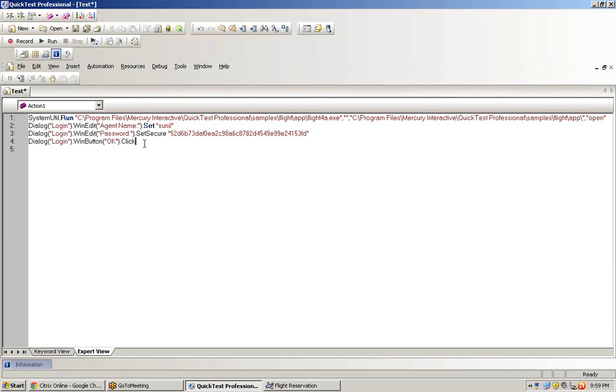Okay. And based on what we are interacting with, it creates the script. Whatever interactions, like clicking or doing login, those user actions are the methods, just like set Sunil, set secure, whatever password you put, or this dot click.